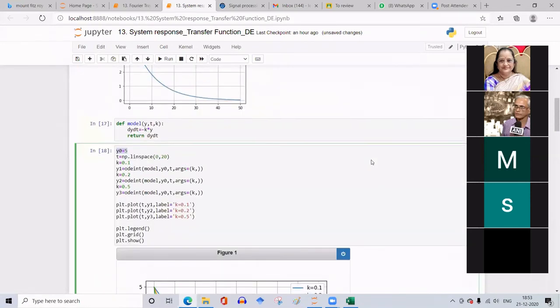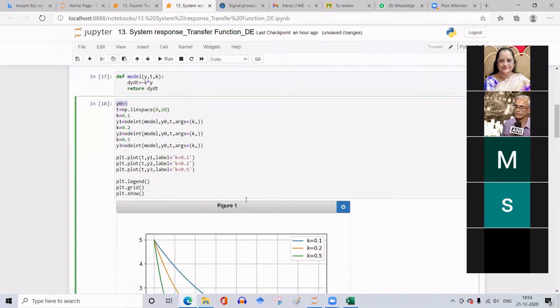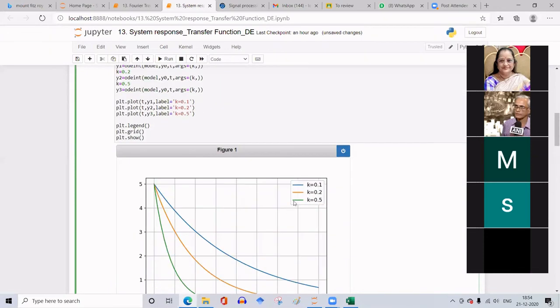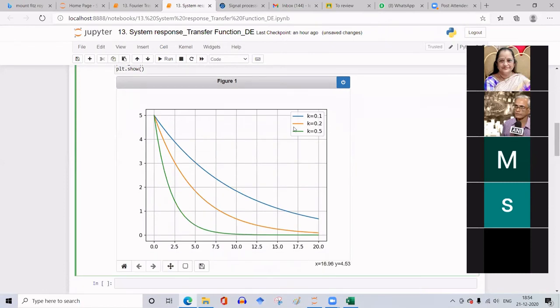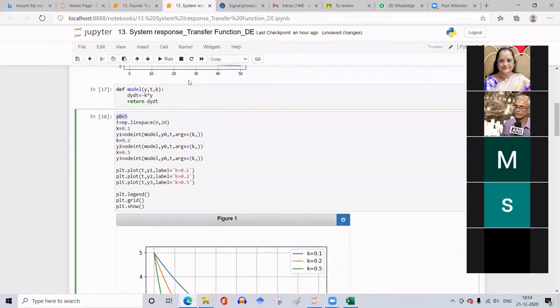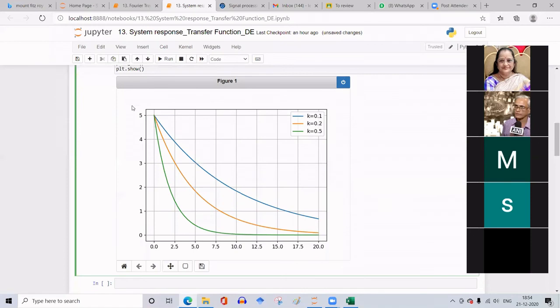Okay, so the three plots for k is equal to 0.1 is blue, 0.2 is this orange, 0.5 is green. So you see here as this k value increases, how the curve takes different shapes.